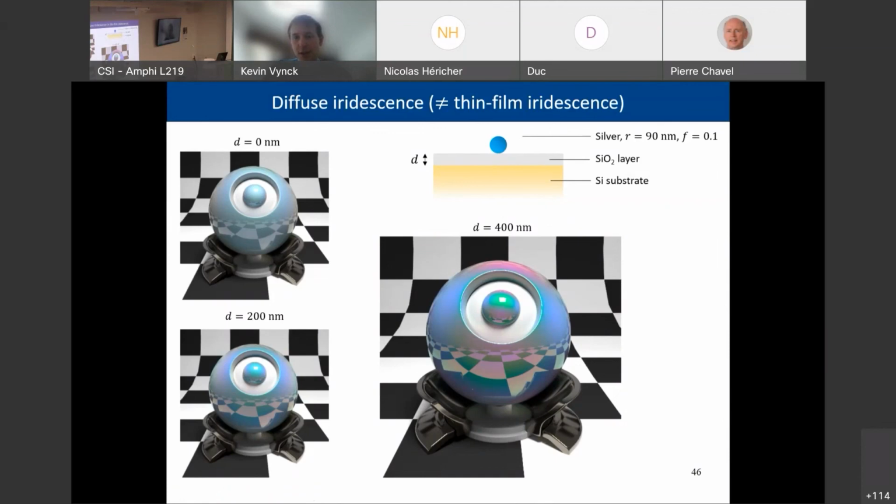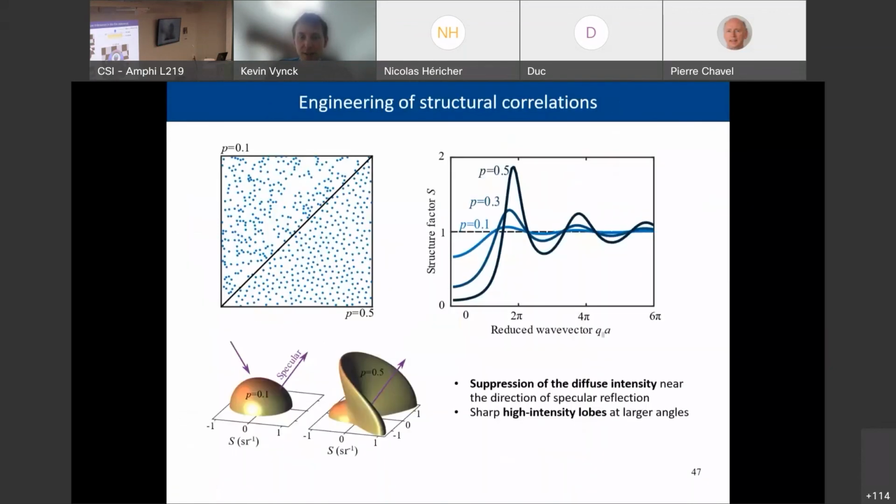So this is what we call the diffuse iridescence. That is a visual effect that was not reported to date to our knowledge, and that is really specific of these disordered systems. The last example that I want to show and that I find quite impressive is the effect